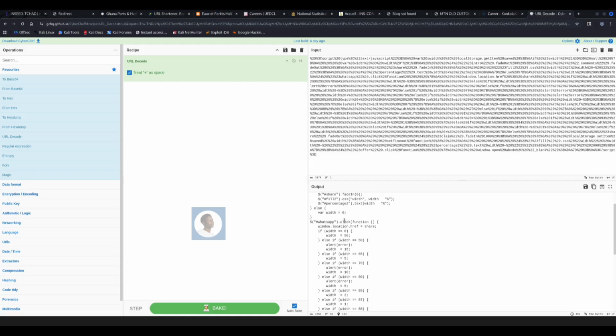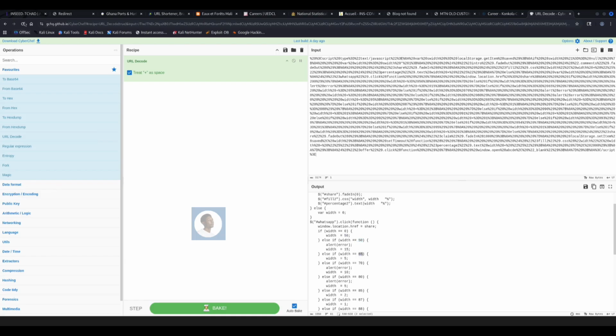So on click, what the code does is that it starts at 0. The width starts at 0. Then on every click you share, it first increases to 50. Then it throws you an error to simulate some kind of low engagement. Then after that they add 15 to make it 65.